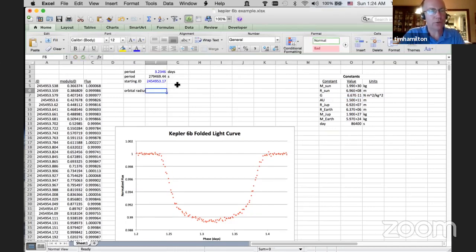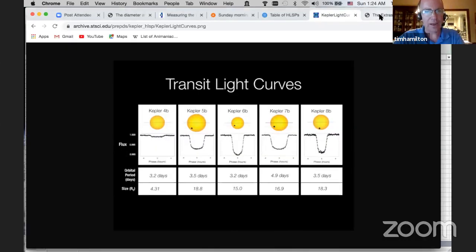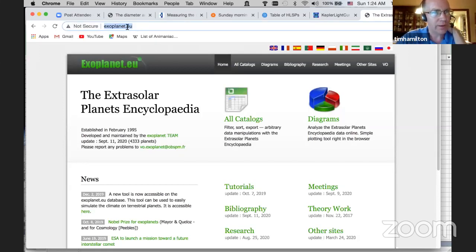Well, here we get to go to another great resource, another archive, really, which is the Extrasolar Planets Encyclopedia. And I'm going to have all of these links posted as well, and I'll send them to Priya. So if you go to exoplanet.eu, now make sure you do not put an S at the end of this. I made the mistake and it goes somewhere else. But exoplanet.eu. And I'll put this into the chat window. That's a handy idea.